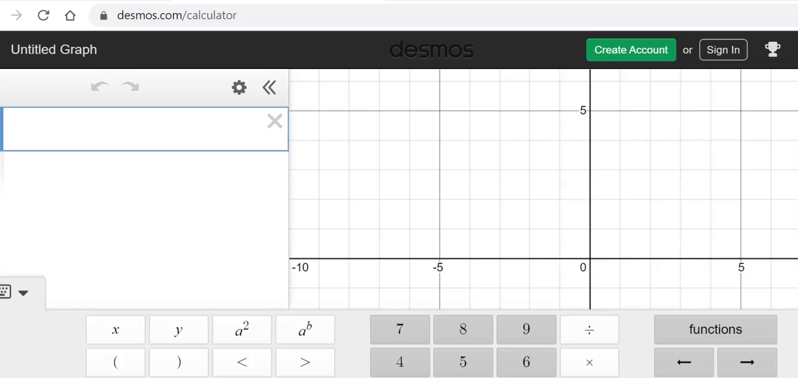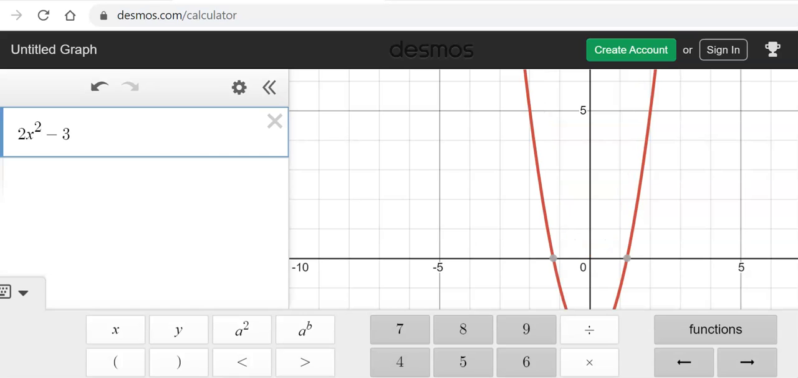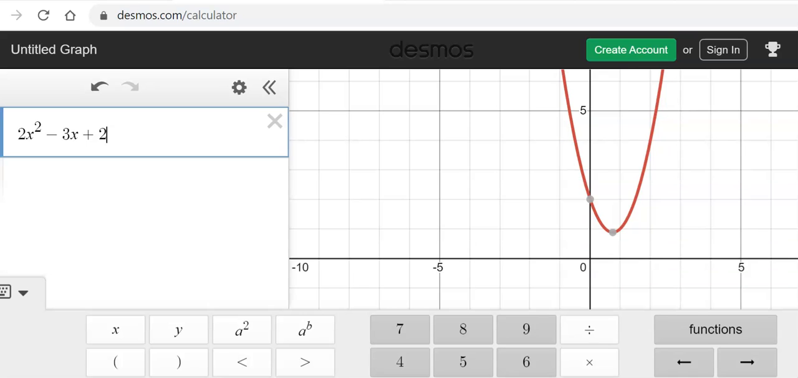So 2x squared minus 3x plus 2. And if you're looking off to the right, as I went through and typed that, it just changes automatically as you type it. So then I hit enter,